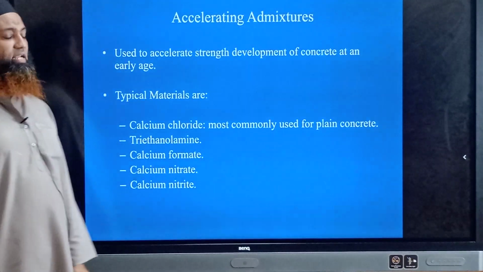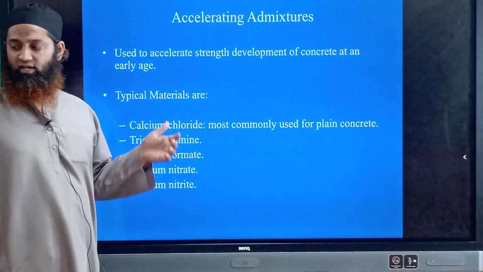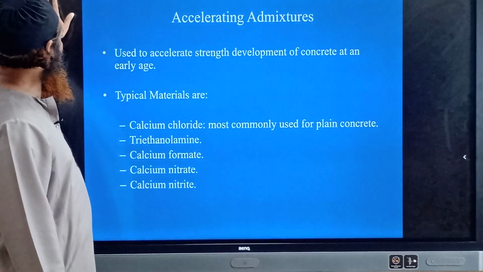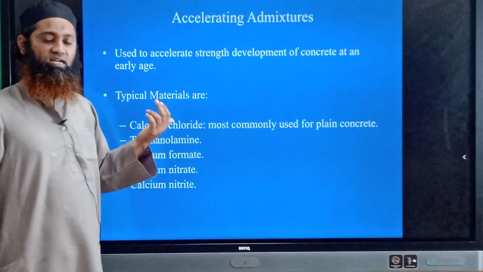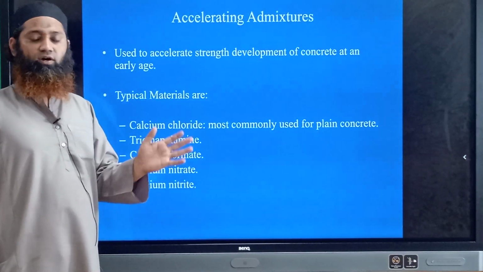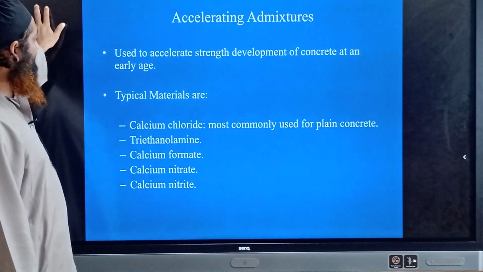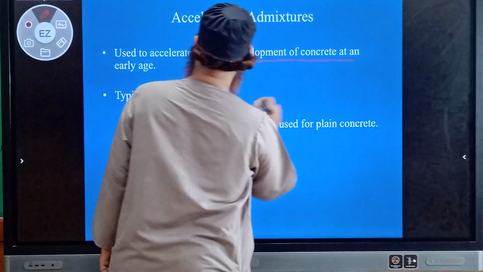Let us see what is an accelerating admixture. Hope you can understand from the name itself, this admixture is used to accelerate the setting time of concrete. In the previous slide we had seen the setting time of concrete and other properties being reduced, whereas here we are trying to accelerate all these things, used to accelerate strength development of concrete at an early